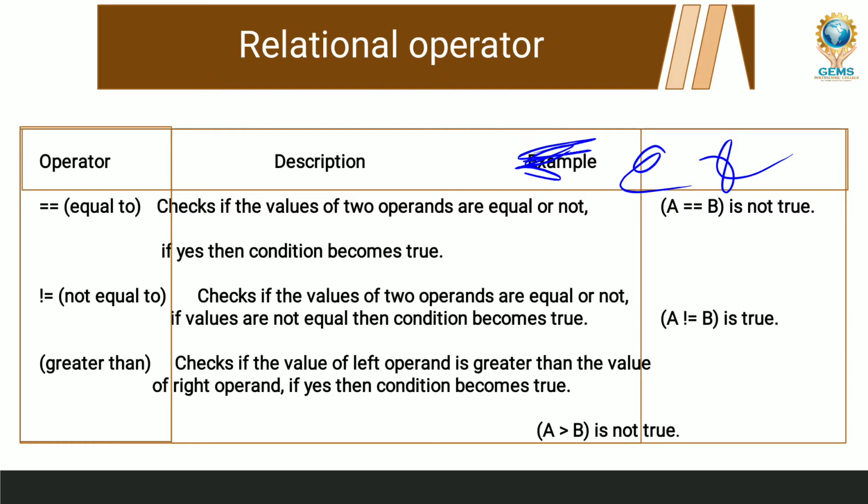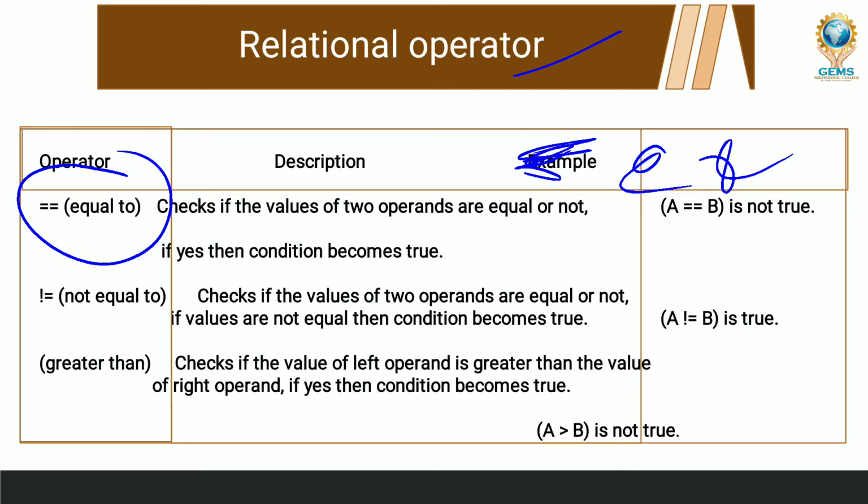So we are using the equal operator. We are talking about relational operators, and how we use them in the Java programming language. Many types of relational operators are there. Among them, we are going to study each and every operator in a detailed manner, which comes under the relational operator category.